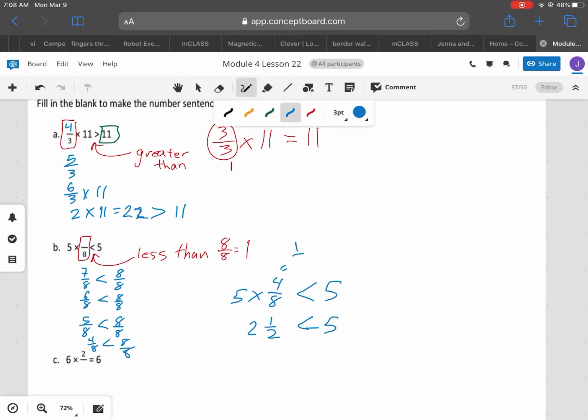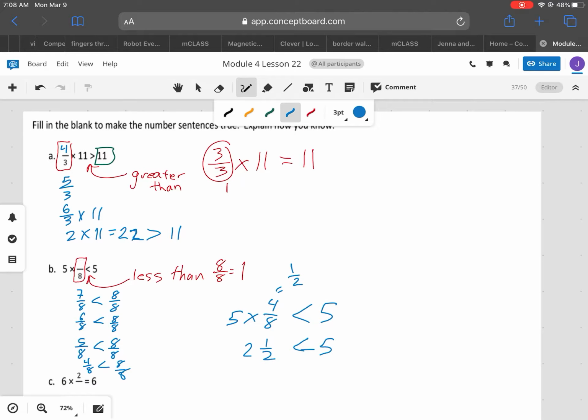This is equal to 1/2. So half of 5 is 2.5. If I have $5 and I want half of that, it would be $2.50. So I know that. All right, so anything less than